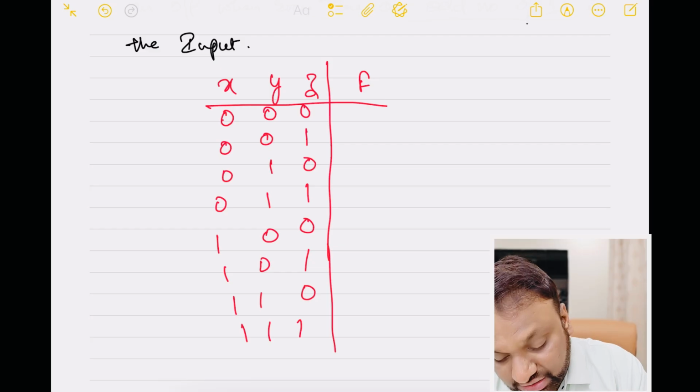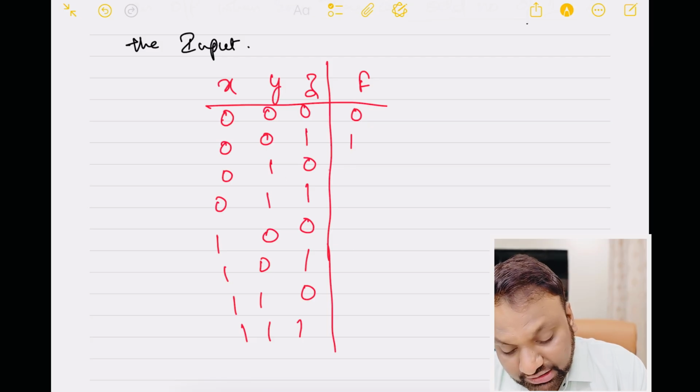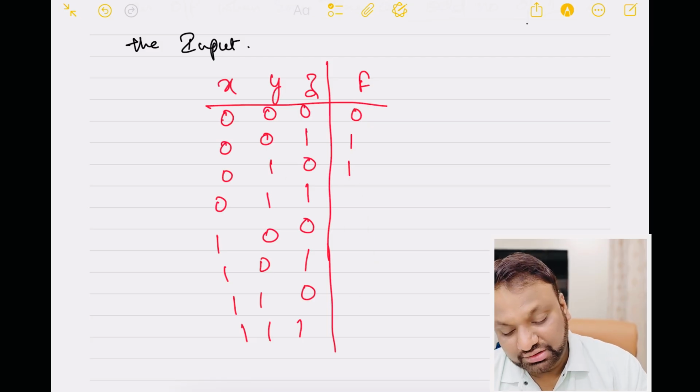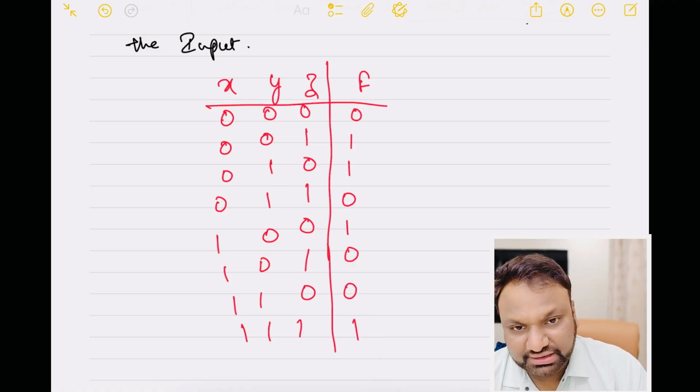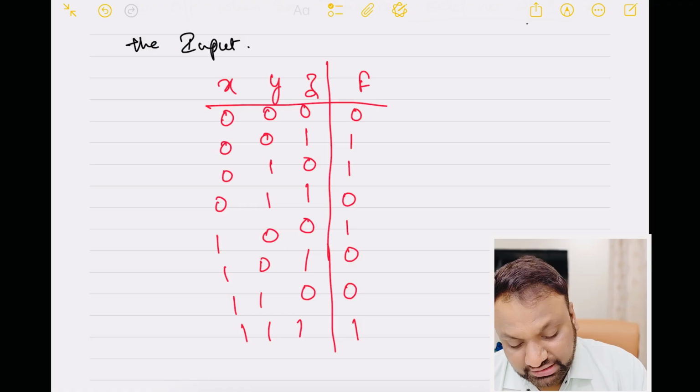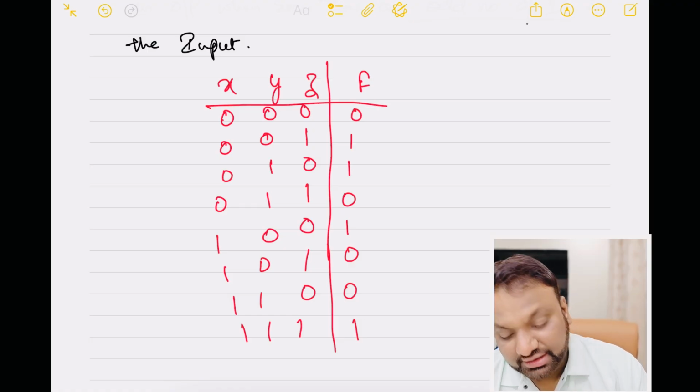Now you see here how the output behaves. Here there is an odd number of ones, so my output will be 1. Here also an odd number of ones, my output will be equal to 1. So here it is 0, here it will be equal to 1, 0, 0, and 1. Correct? So if there is an odd number of ones, then my output is equal to 1. Right? Now we will try to